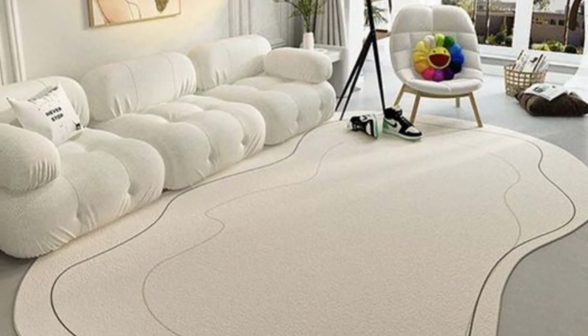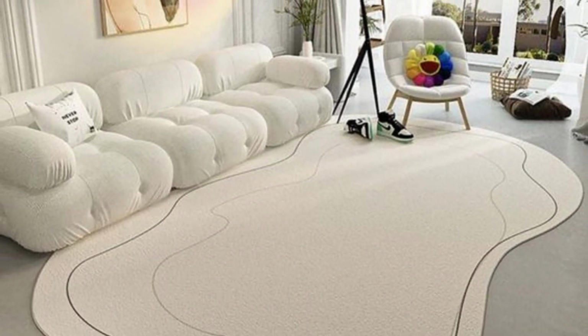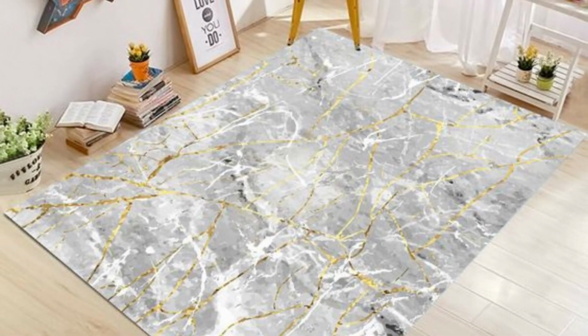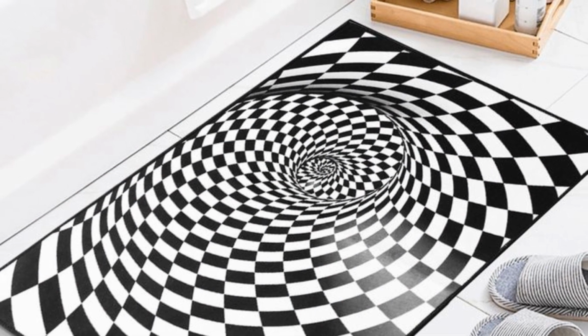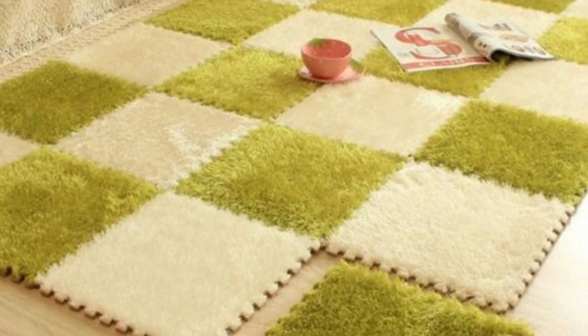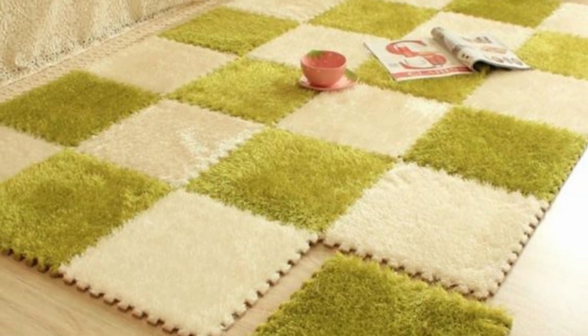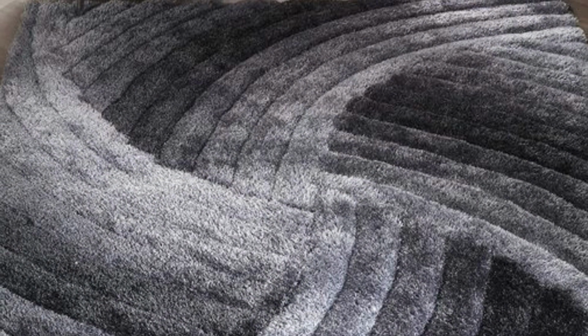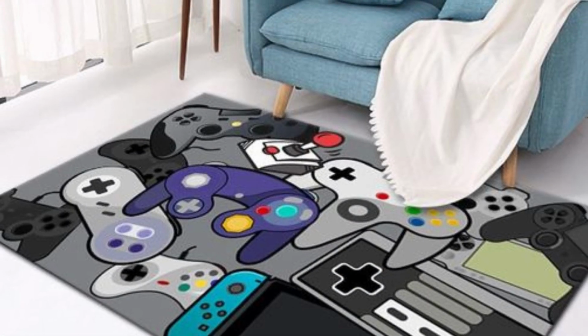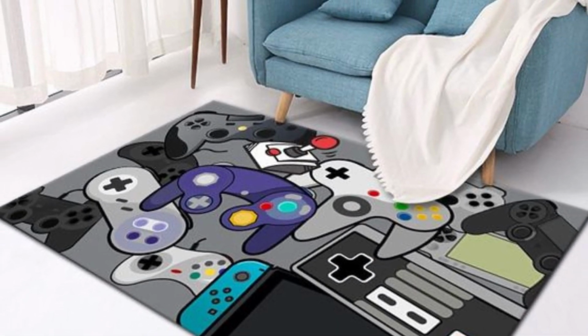The remarkable variety of home mats available today allows you to select one that suits your style and complements your interior design. From intricate patterns to minimalist design, there is a home mat for every taste and preference. Whether you prefer a classic timeless look or a more modern and trendy feel, you will find a perfect match